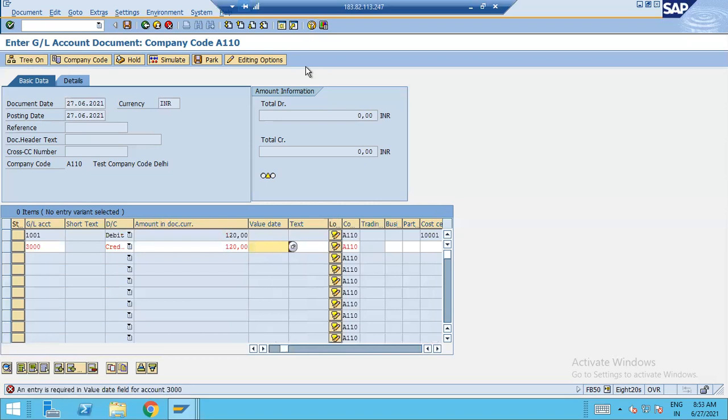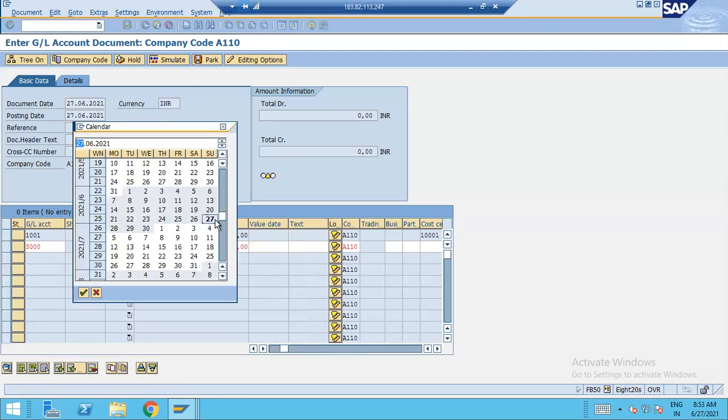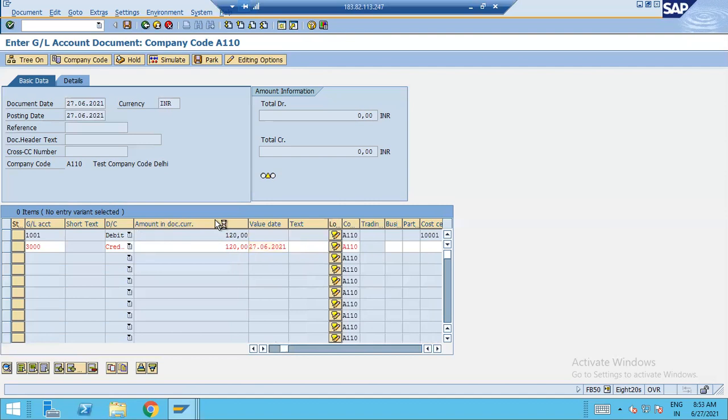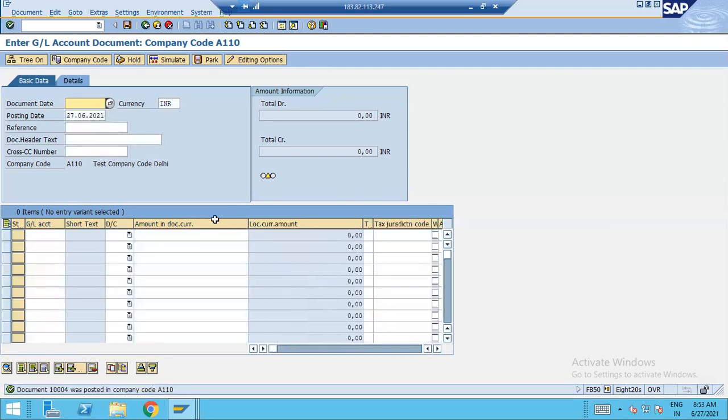Now that error is resolved, it is asking me that I need to enter a value field, because this is a different type of account. It's not a cost account, it's a bank account. So for that bank account, it is asking me for a value date, because that is configured here. Now it is good. Okay, so the document is posted. So we want, sorry,